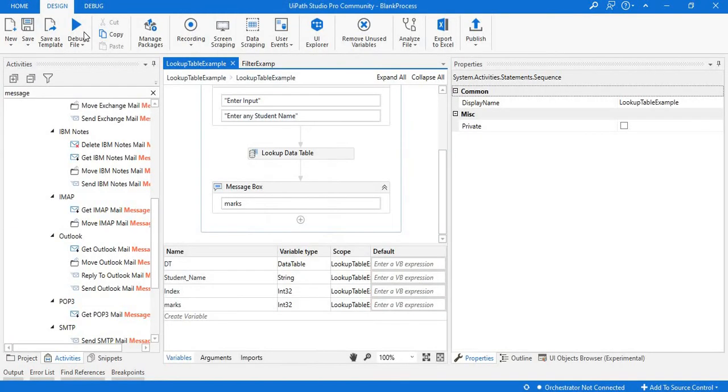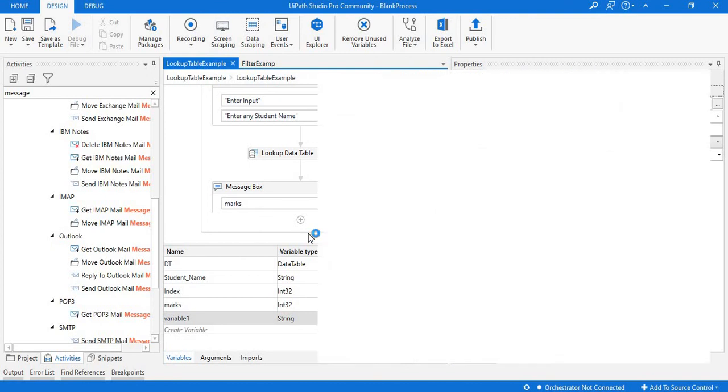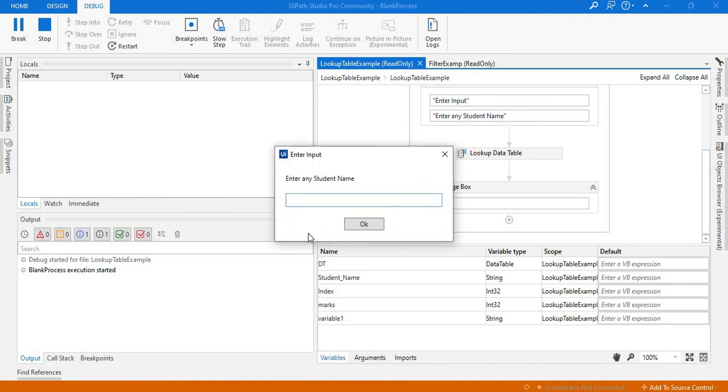Okay, so I'm going to run this again. I am keeping the name as Sai, which is not available in our data table. So let's see the output.